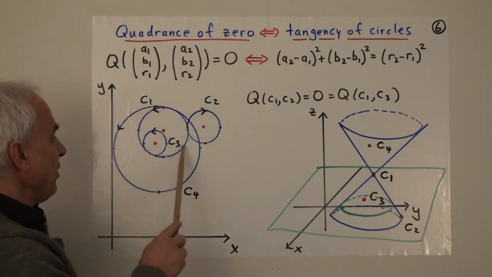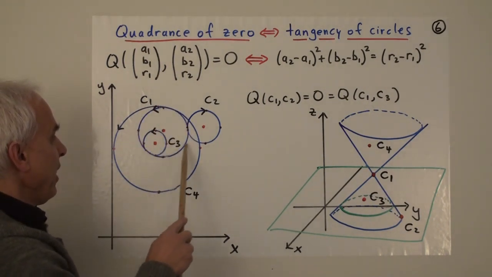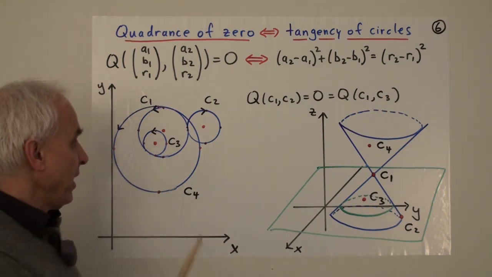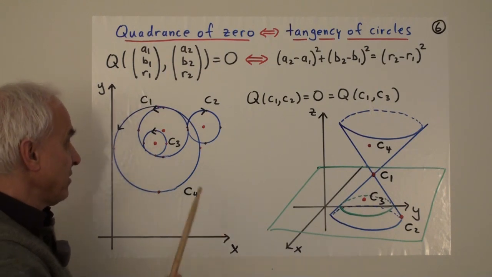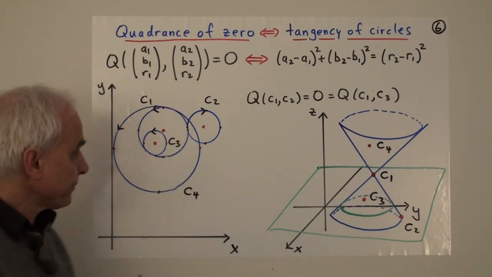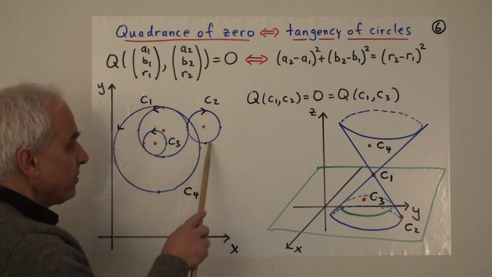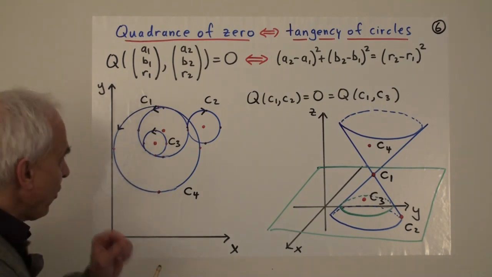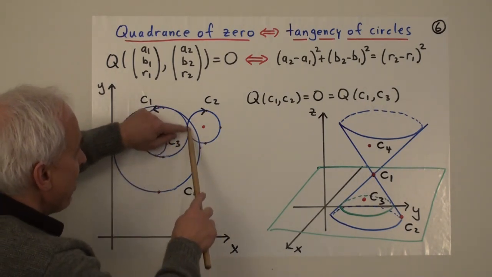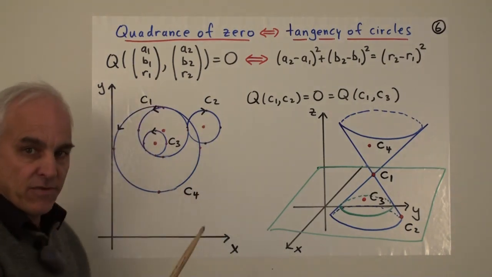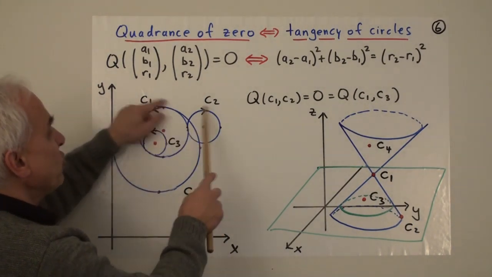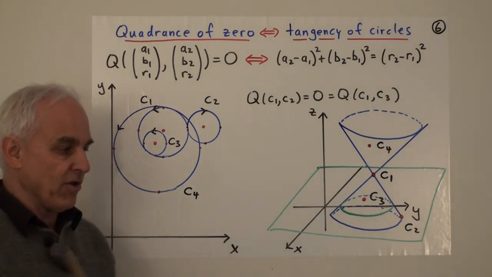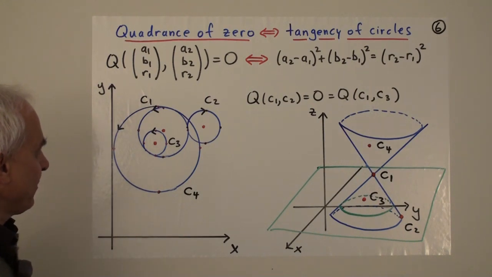So here's a circle C1, this one right here. And I've shown you a few circles which are tangent to it, in the sense that the quadrants between these circles is 0. So here's a circle C2. All right? And notice that it's tangent in the obvious way. But it's also tangent in the sense that as we move on both circles in the directions of the orientations, we're moving in the same direction at the point of tangency. That's an important aspect of this tangency for sine circles.